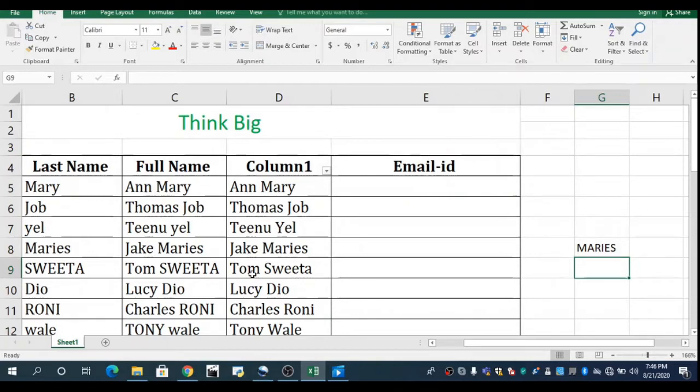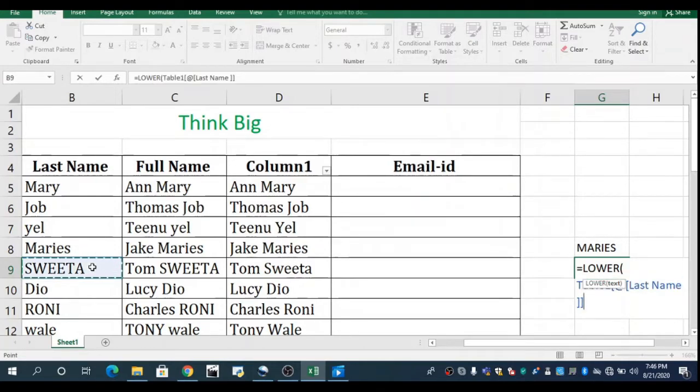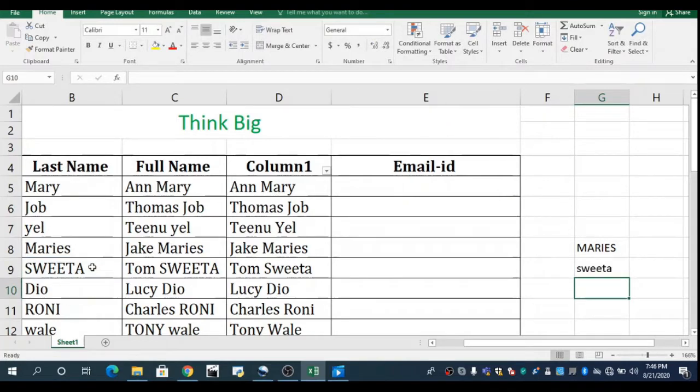You can see Mary's is completely in uppercase. Now, how to use the lower? Put an equal to sign, lower, press tab, then we select the cell B9, close the bracket, press enter. You can see Sweta completely in lowercase. This is how we are converting the case in Excel.